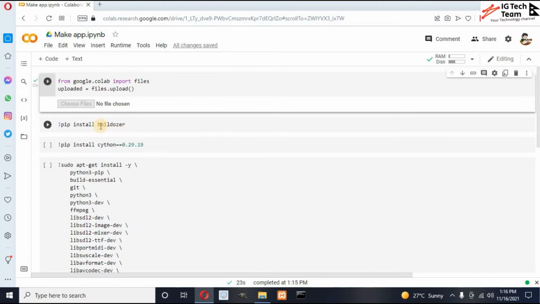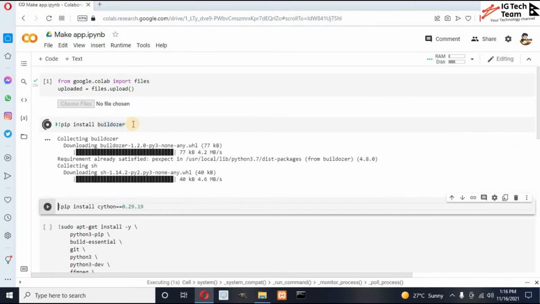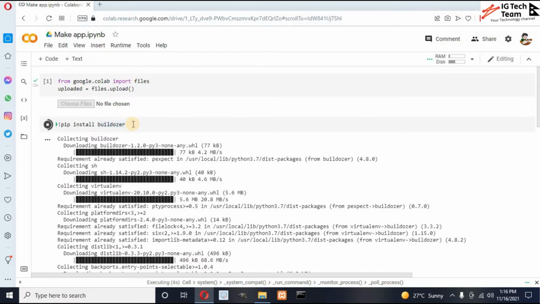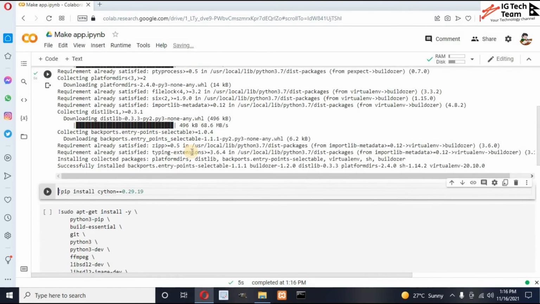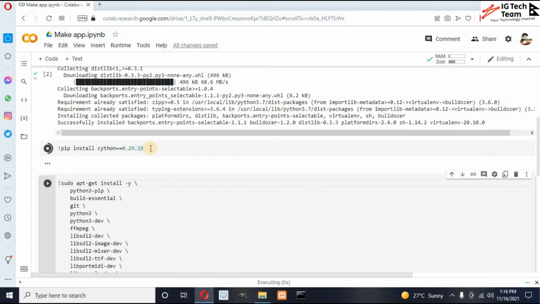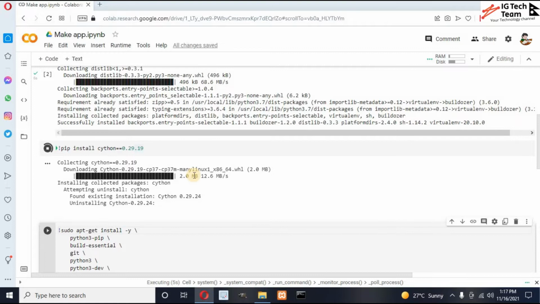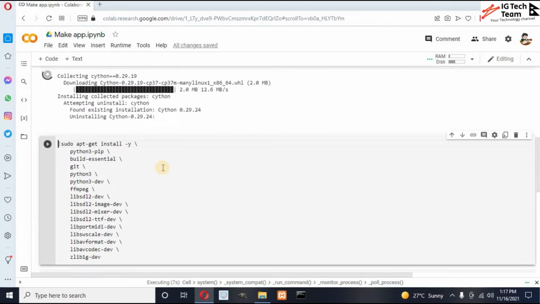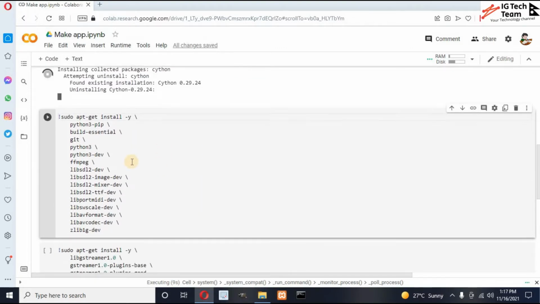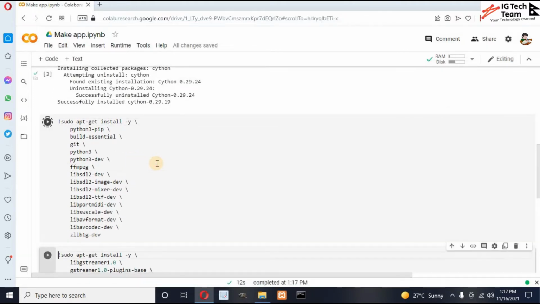I will use Bulldozer to make my application, so I have to install this package. And these all are dependencies that Bulldozer requires. So let me execute this cell. I don't need to remember this code, I just have to execute this cell. And also this one.